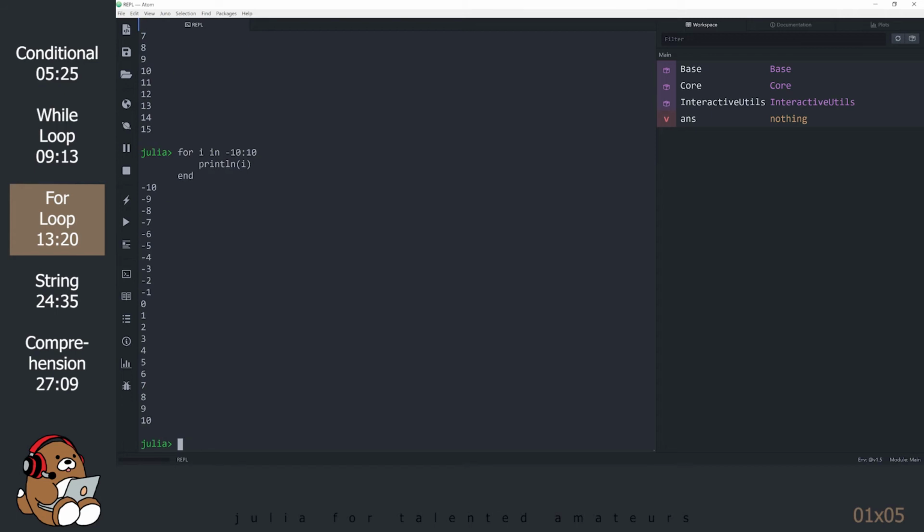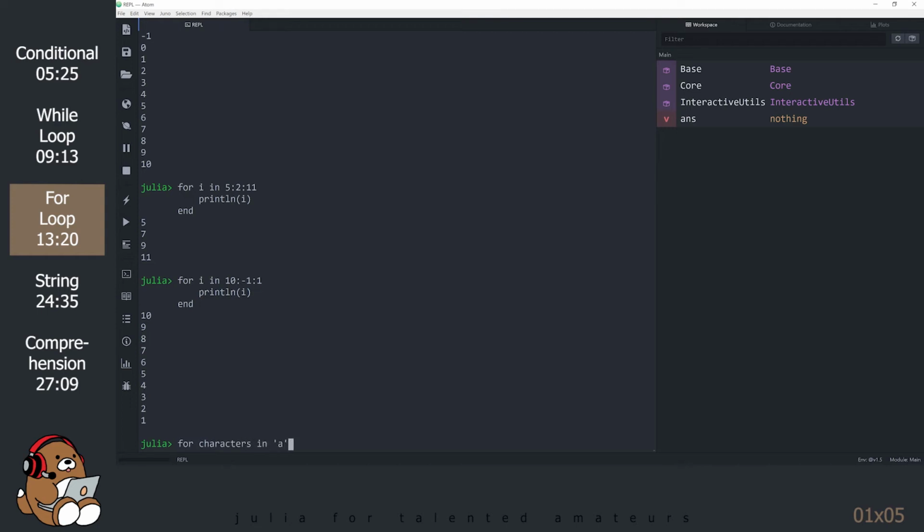You can skip numbers in a range. This iterates from 5 to 11 in increments of 2. You can count backwards. This iterates down from 10 to 1. You can use characters as an iterator.